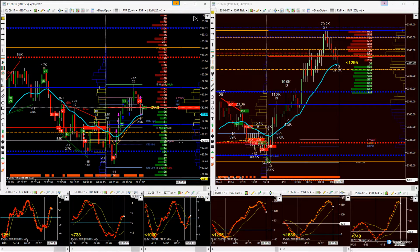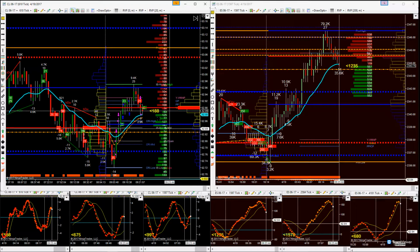So just kind of got to sit tight. As tempted as I am to look for a long here, let's get back into our typical trading style, looking for the entries we look at. It's just too close to the current high of day on a Wednesday morning on a day that we opened inside value. Really need to be looking to fade the extreme here,